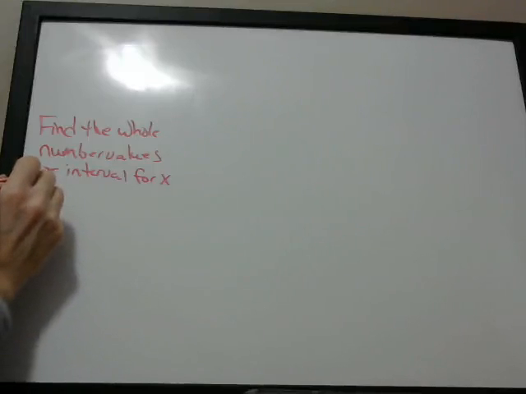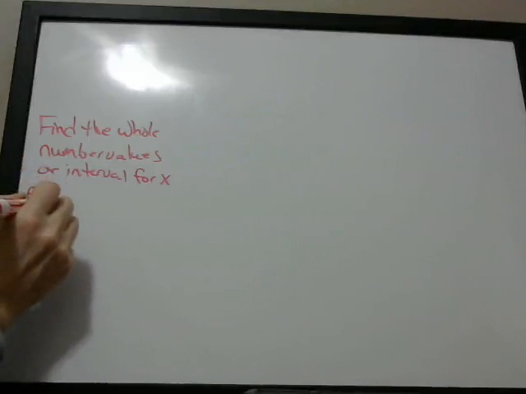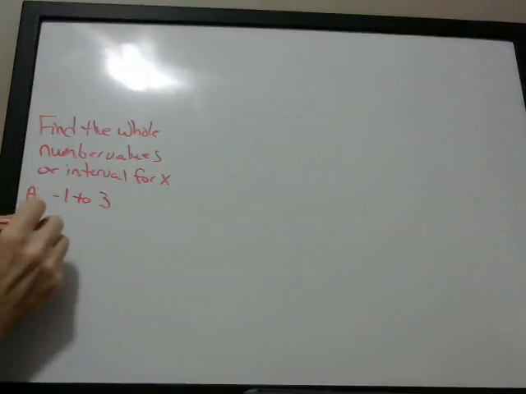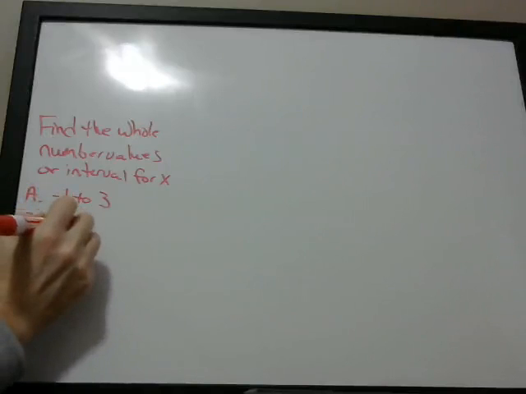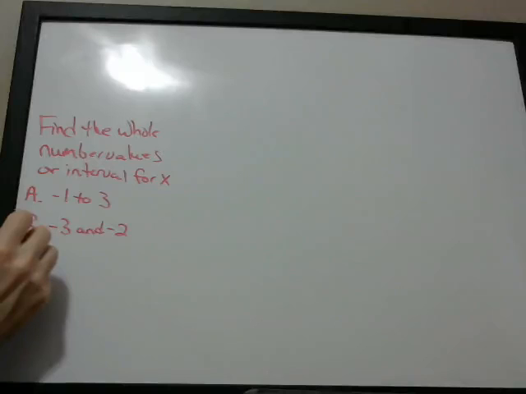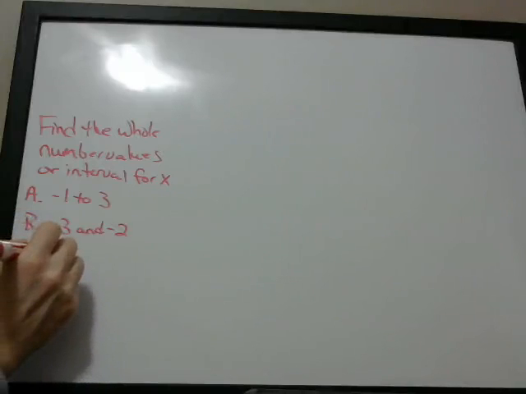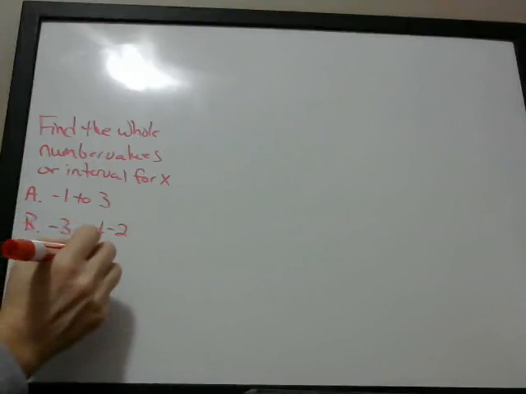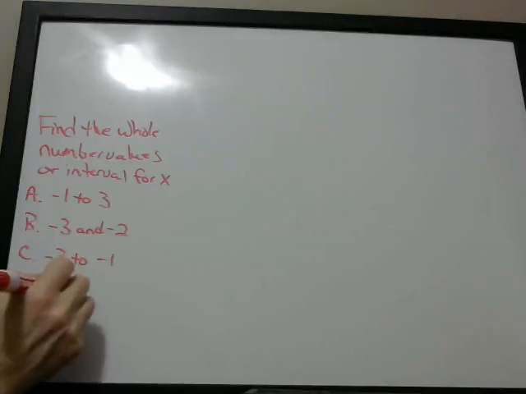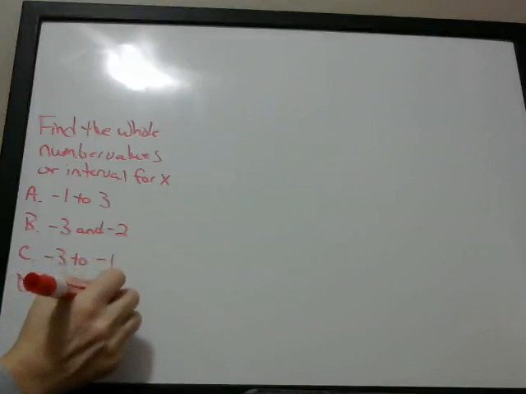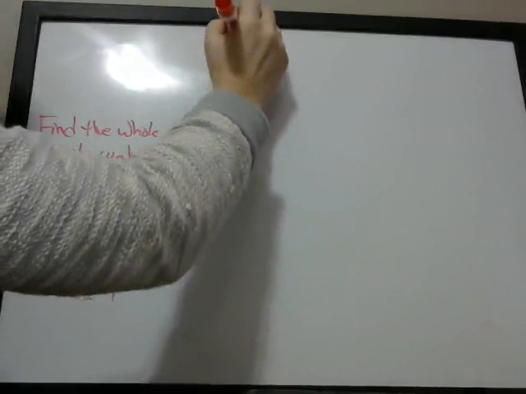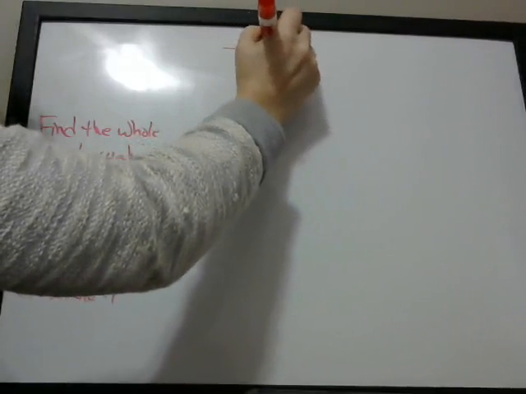So if we give a multiple choice, here your first choice is -1 to 3. Second choice is -3 and -2. Next choice, -3 to -1. And the last choice is -2 and -1. The question is going to be -3 less than or equal to